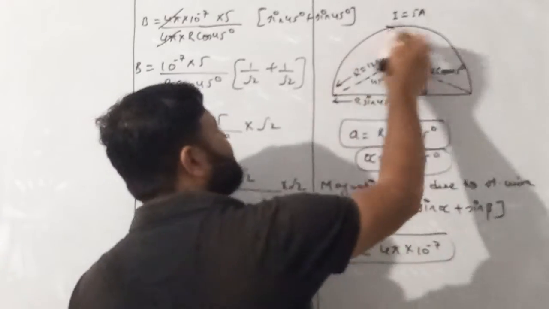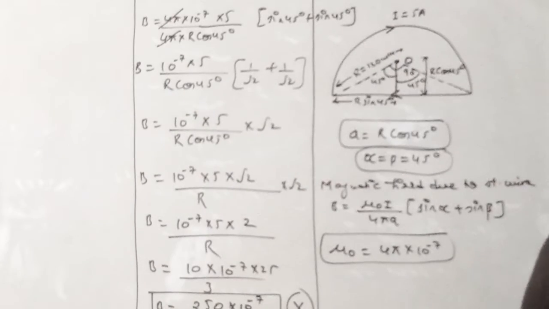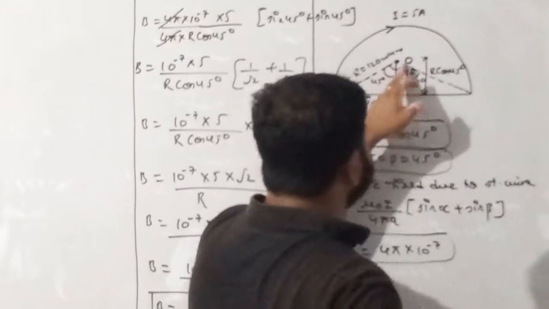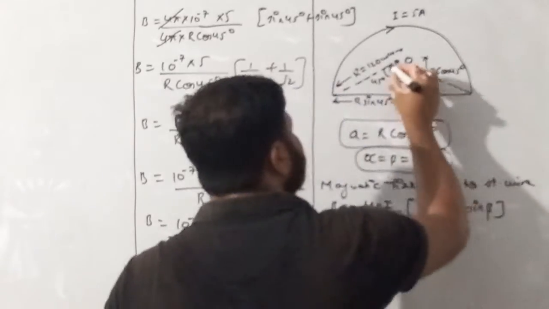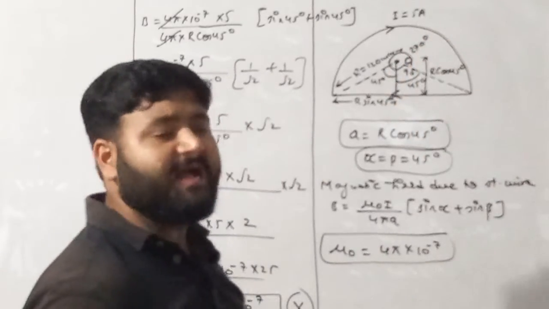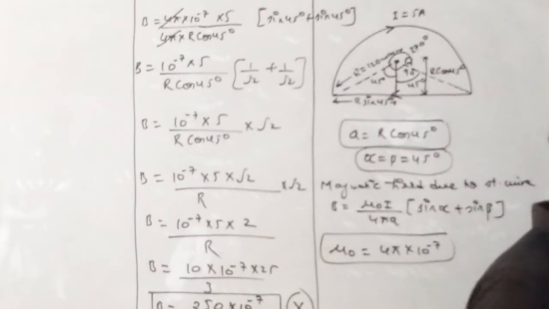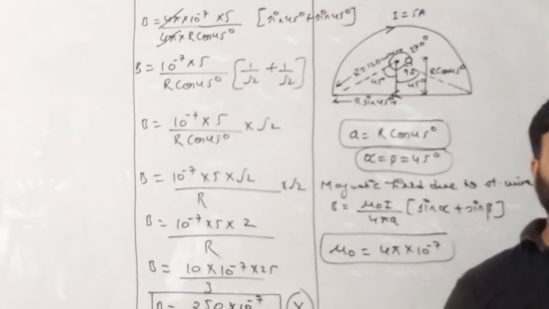Now let's consider the magnetic field due to this arc. So before finding magnetic field due to arc, we have to find its angle. So if this angle is 90, total angle is 360, so this becomes equals to 270 degree. So angle subtended by arc is 270 degree, and we all are aware of the formula of magnetic field due to an arc. It is nothing but mu naught I by 2r into theta by 2 pi. I hope you all are aware with the formula.